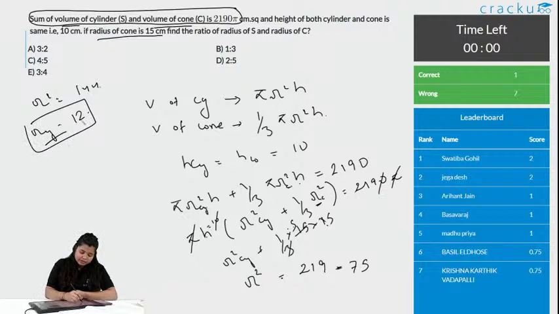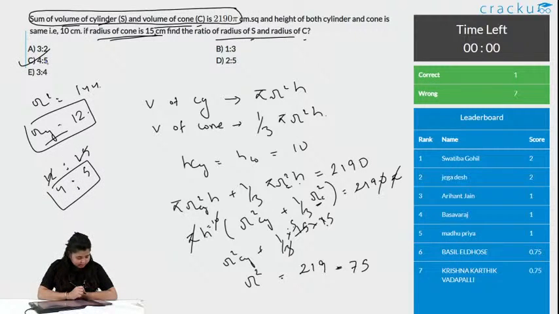You got the radius of cylinder, you know the radius of cone. What is it asking? The ratio of S, the cylinder, and C, the cone. So cylinder is 12, cone is 15. Get the ratio. It is that simple. 3 fours are 12, 3 fives are 15. 4:5 is the answer. Option C is the correct answer and only one person got this correct. Option C is the correct answer, Srinu and Mariamma.